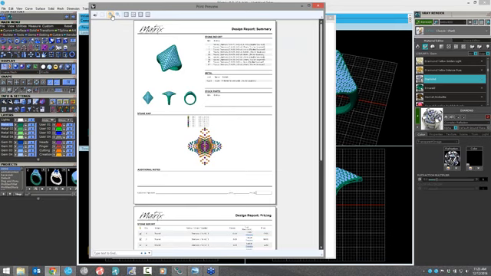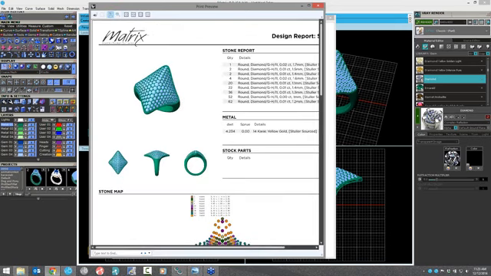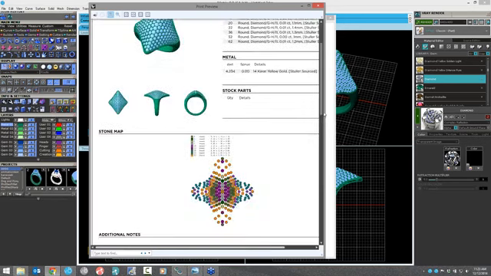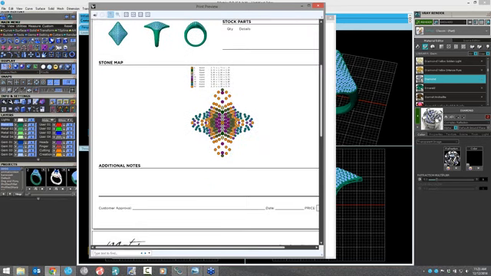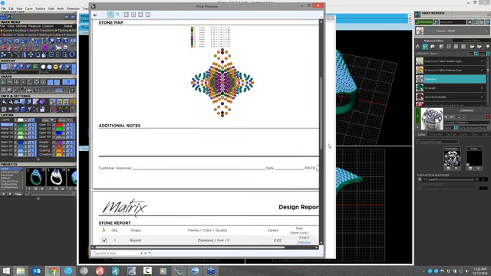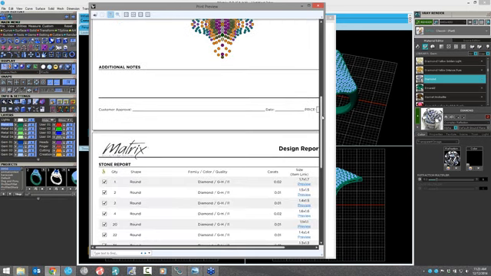All right, so here we have some captures of the ring. Okay, looking through finger, top down. Here's the gem map with all the different gems required and where the bench person should set those. And then you can add your own notes in the previous menu, and there's all the information there,